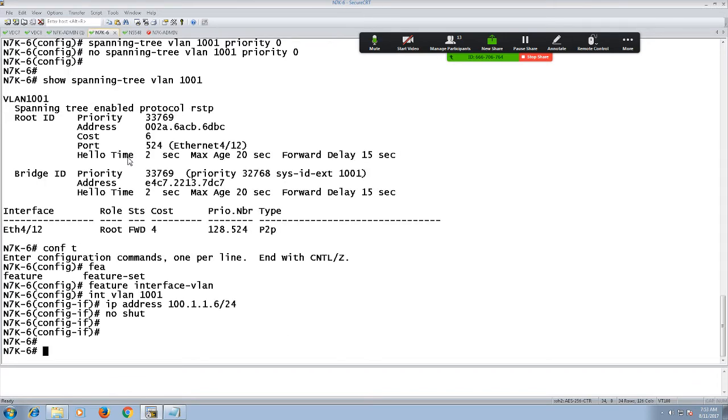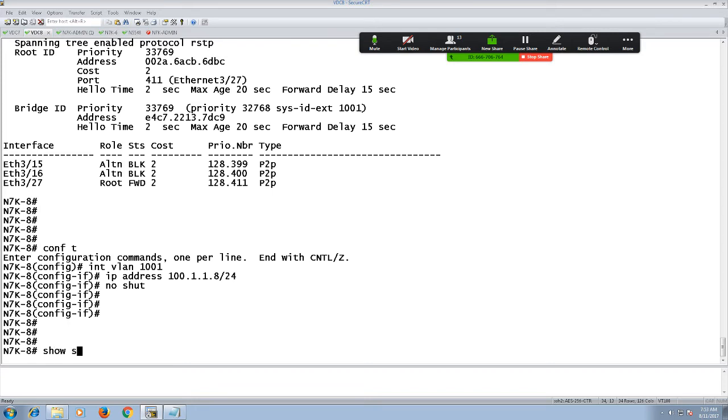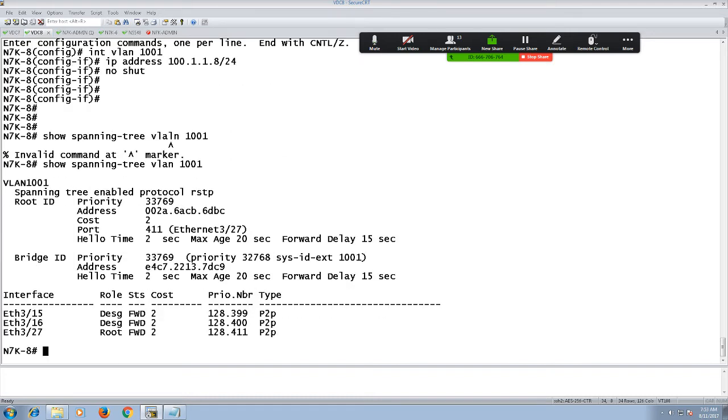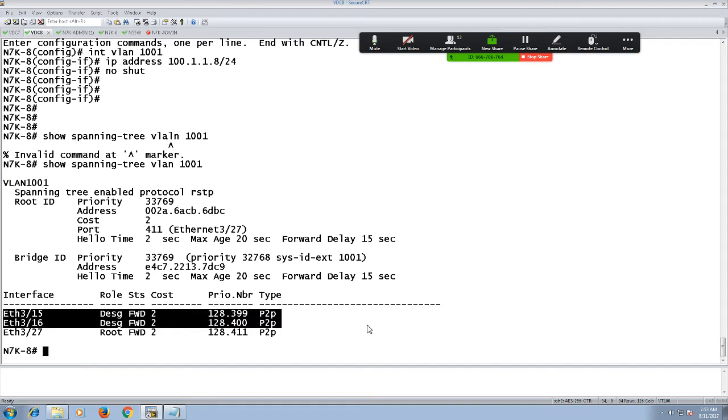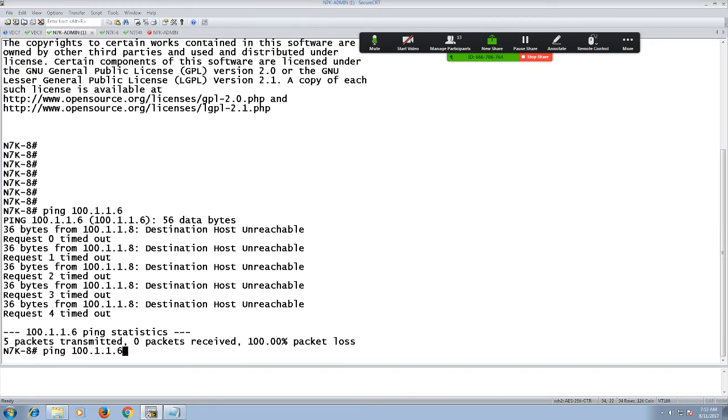If I go back, let me double check with show ip interface brief over here. I do have that IP, and similarly on VDC 8, show spanning-tree vlan 1001. I do have that port right now moved from blocking to DP. So I'm just trying to reach that IP 100.1.1.6.